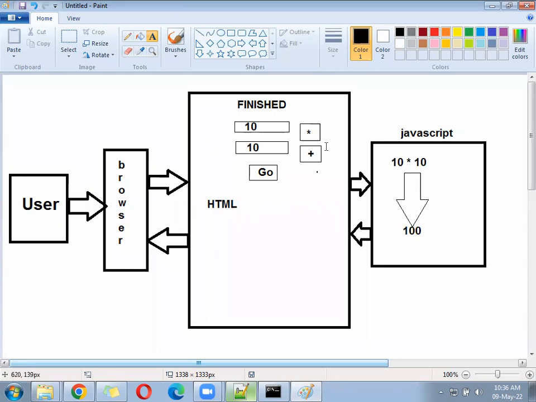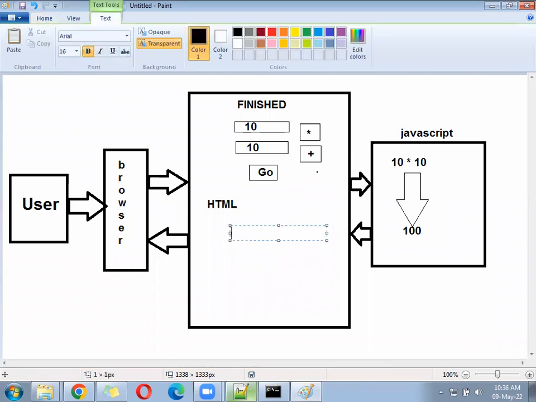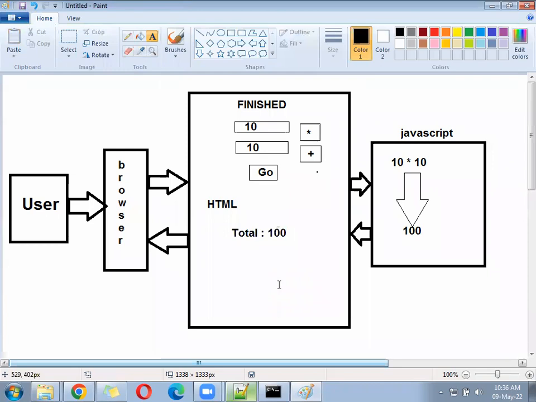HTML was not capable to do the calculation. So HTML has given the value to JavaScript. JavaScript did the processing, and after that JavaScript got the final output. Now the JavaScript has got the input from where? HTML. JavaScript has to return the output to where? HTML only. So you can say here total is 100. So at this place, in this simple example, what you saw is JavaScript is not taking the input